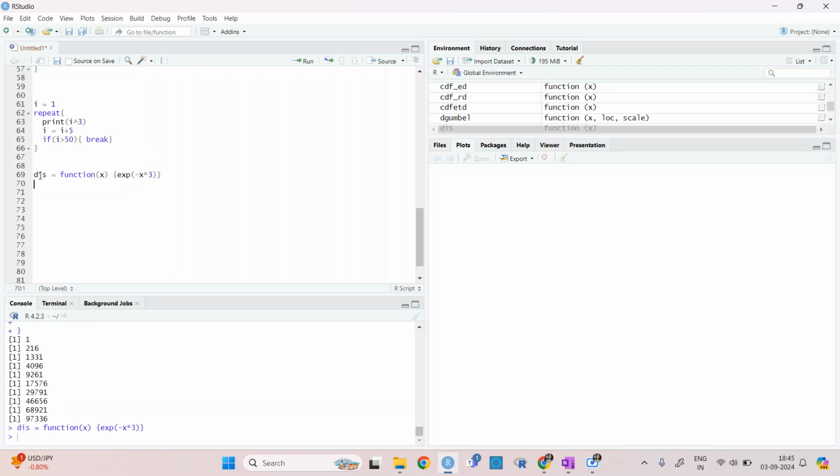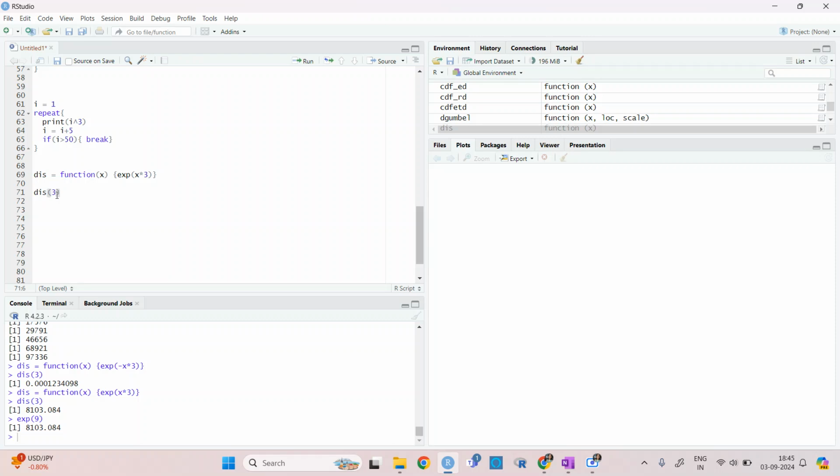So I have defined a function. Now if I write this of 3, it will give me this value, which is minus 3x. Let's say plus, so that we can see also, then it is 8103. So it is basically exponential to the power 9. If I write exponential 9, it will have the same value. So this is a way of defining a function for your data.